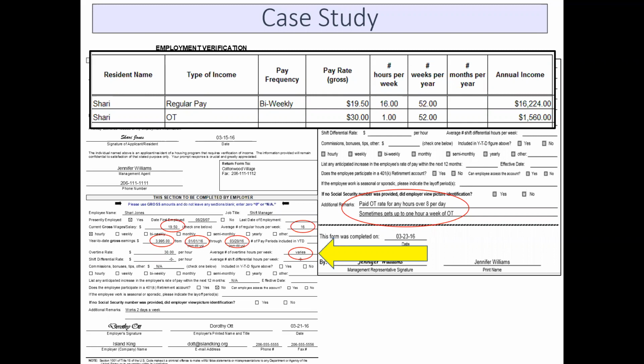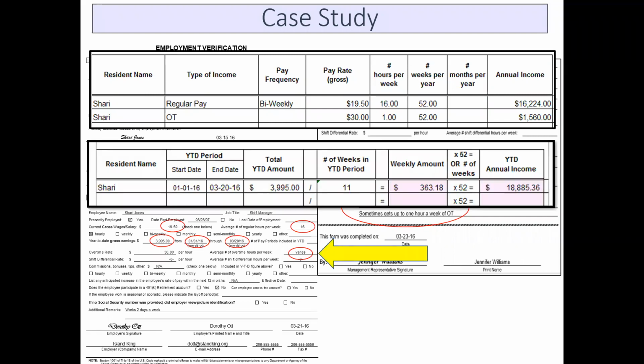Then we would need to add in the overtime, $30 an hour up to 1 hour a week for 52 weeks. If you multiply that out, that's $1,560. And of course, you would need to add those two amounts together to see what her annual income from the job would be. And then we're going to ask you to do the second inset that I just pulled up,